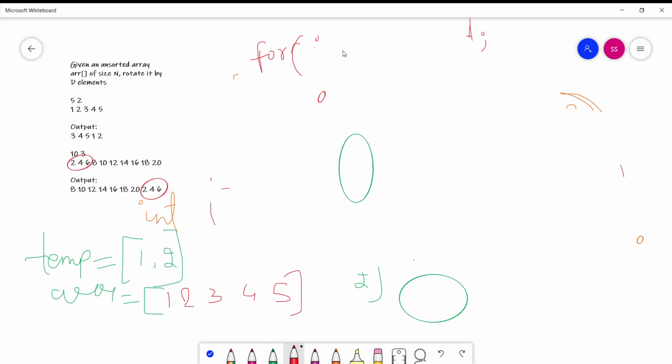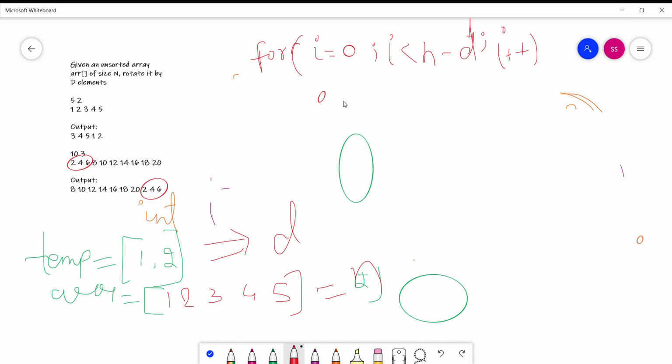It means the size of the temporary array is d and the size of ARR is n. So I have to traverse another for loop from I equal to 0 to I less than n minus d, with I plus plus.